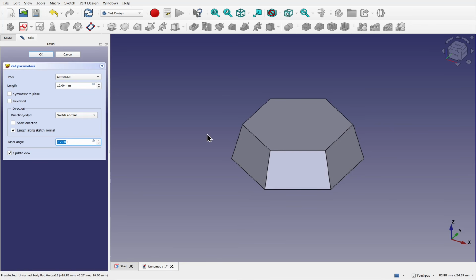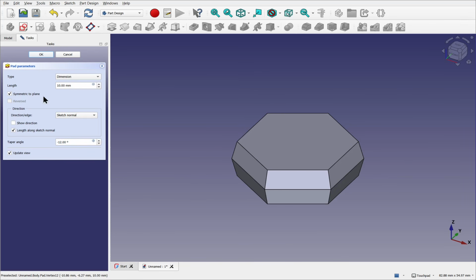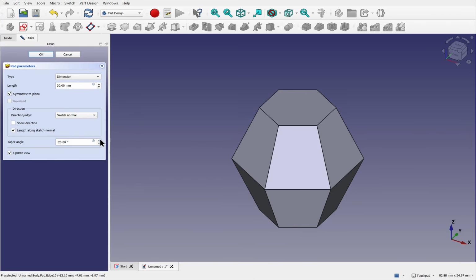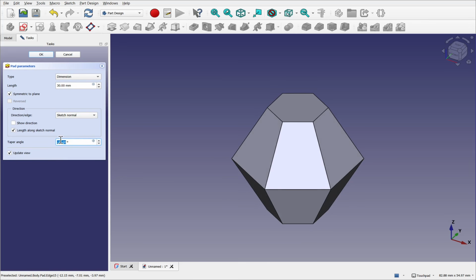So we can see we're creating one side of the dice. If we come over and use the symmetrical to plane, we pad from the top and the bottom. Therefore we can use the taper to create the shape that we need. I'm going to set the length to 30mm, and the taper, we'll set it to -40